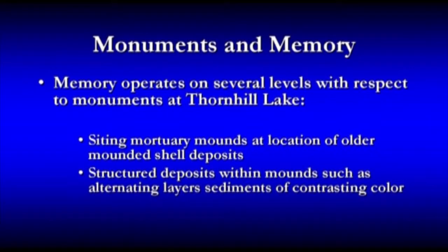The other is that the deposits themselves are pretty regular and structured, which, if you'll recall back to memory and the performance of rituals being cyclical and repeated and structured, I believe I have some good evidence for that. Now, not all structured deposits that are consistently layered are creations through ritual practice. I would argue that mortuary mounds provide an exception. But first,